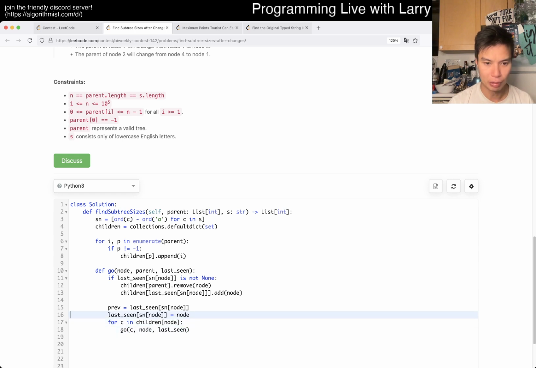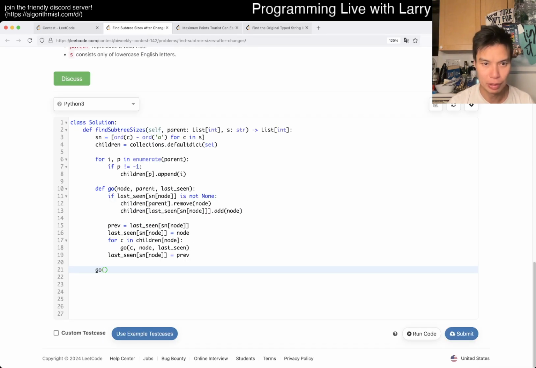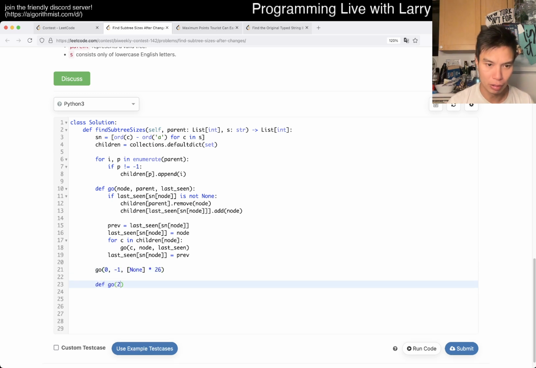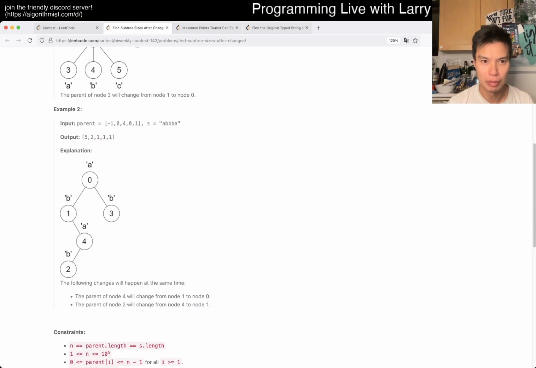And then afterwards we want to revert it back, right? And then now that should be good. So then we do go of 0, -1, none times 26, and then we just want to actually get the answer of the number of children, right?